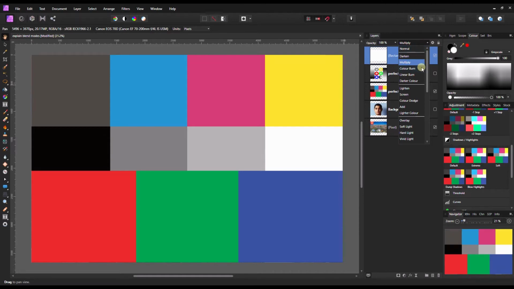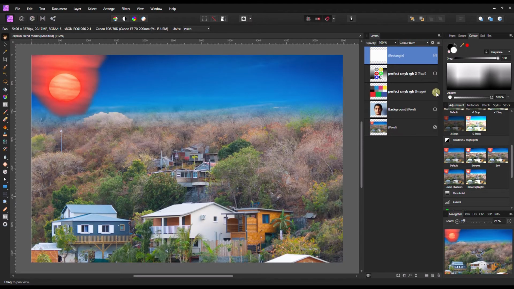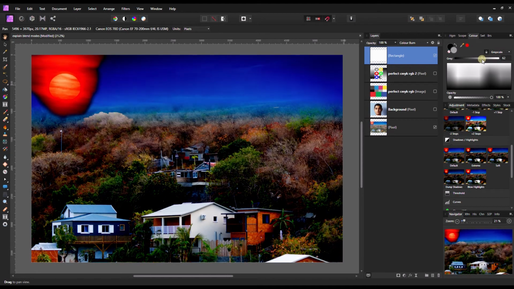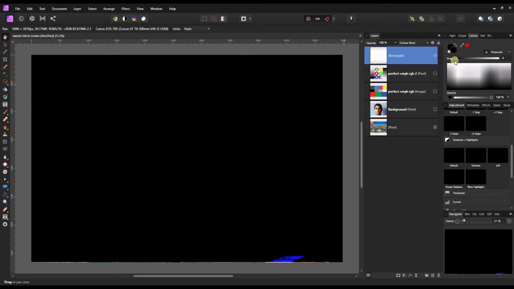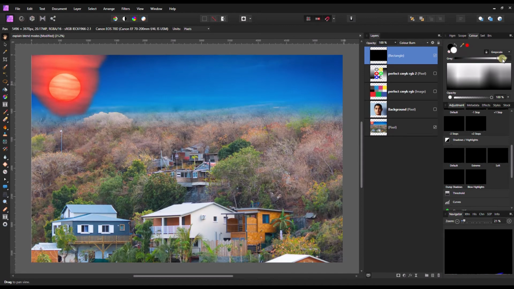Now, what the color burn does, we're going to show you the example. Again, pay attention, white remains completely transparent. And as we move to the dark, check out what's happening. What do you see? I'm going to show you first. I'll let you think what's happening. I'm going to do it again